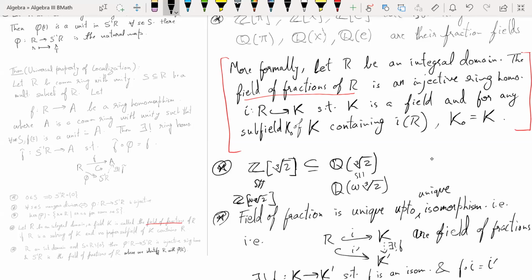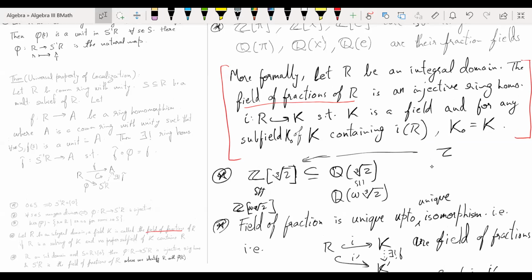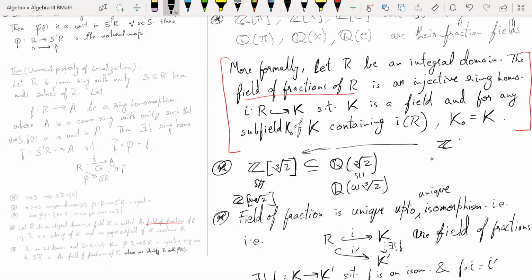Why is that? Because you can show both these rings are isomorphic to Z adjoin X mod X cube minus 2. So both the two rings are isomorphic to this third ring, and their fraction fields are, so the fraction field of the first one is Q adjoin cube root of 2,